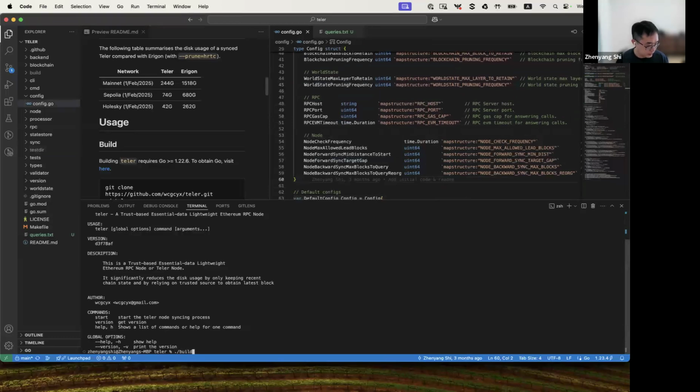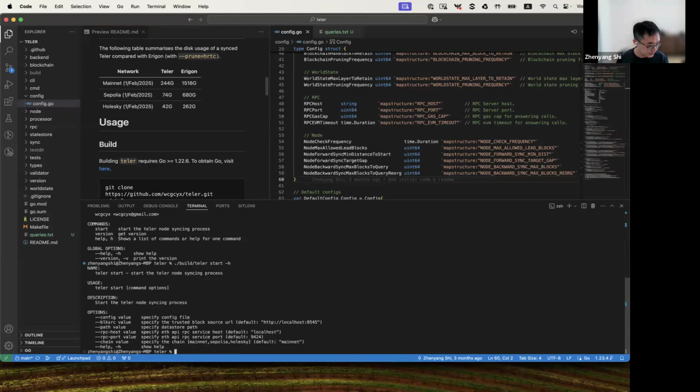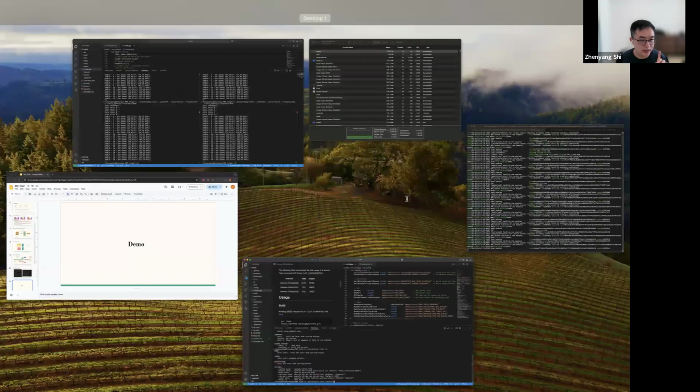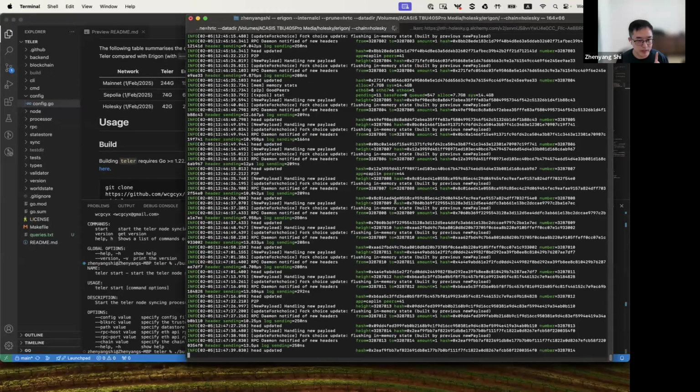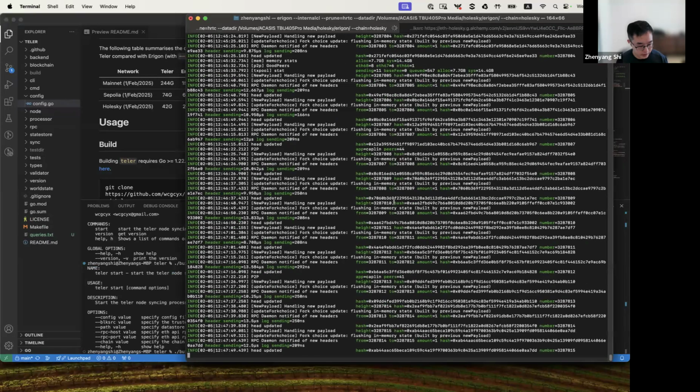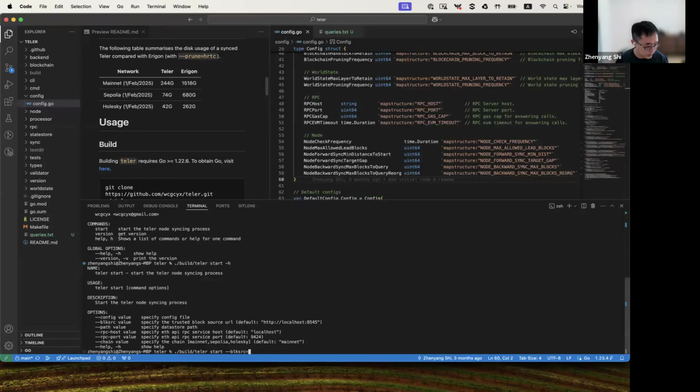Okay, now let's try to start Teler. To start Teler, use the start subcommand. And first thing, most importantly, is that you will need to have a block source. This block source needs to be trusted. Normally, you can use Alchemy or other node providers, but for this demo, I have already synced an Erigon node on the Holesky network. That is why I am using a local RPC server